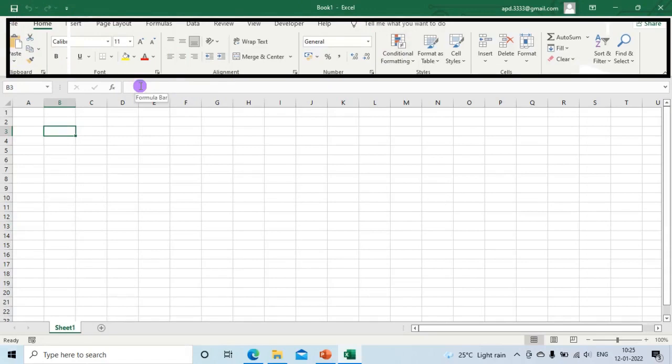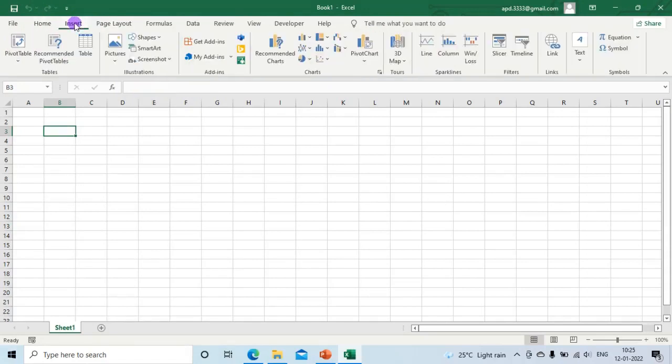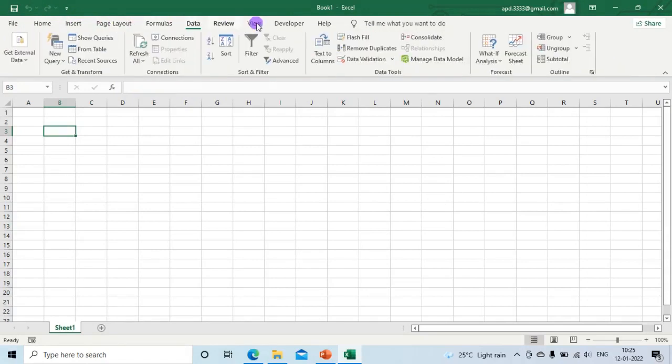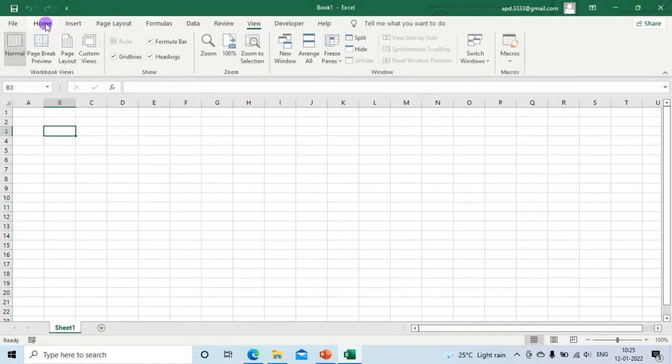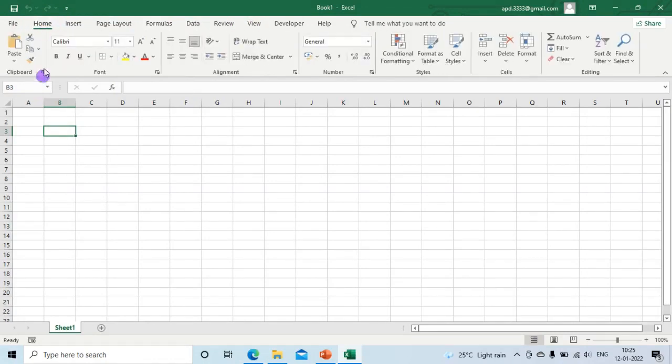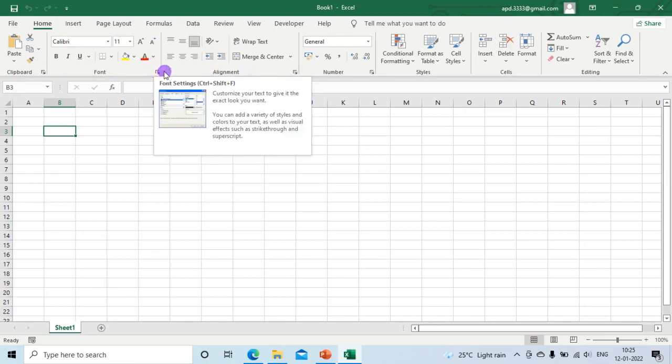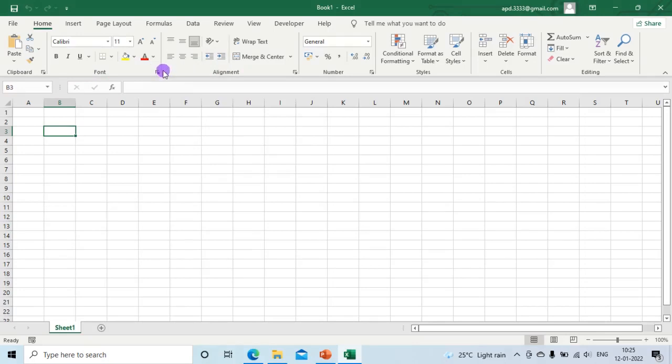Ribbon will have multiple tabs like Home, Insert, Data, View, etc. Every tab will have multiple groups. You can see here clipboard, font, alignment, etc. In the right bottom corner, you can see a little arrow mark which is called Dialog Launcher. This will have the additional settings for that respective group.